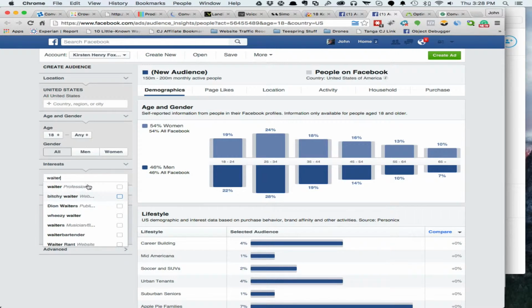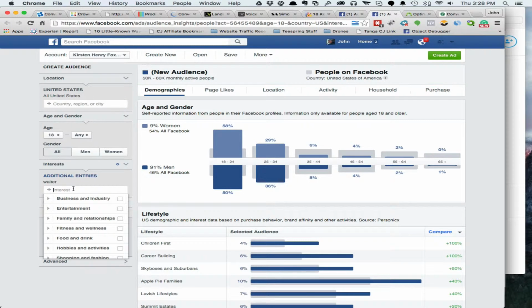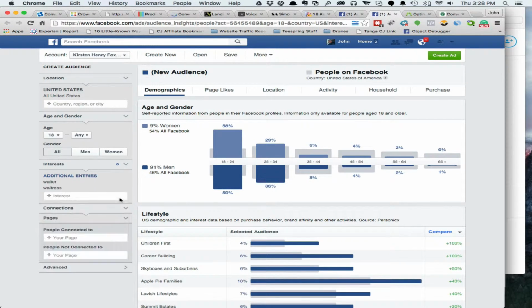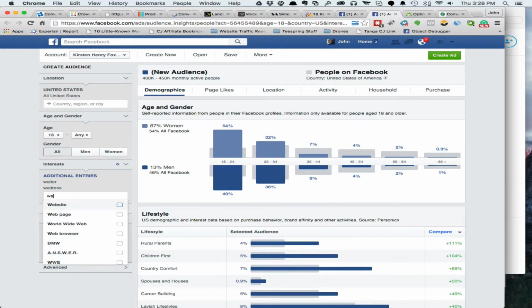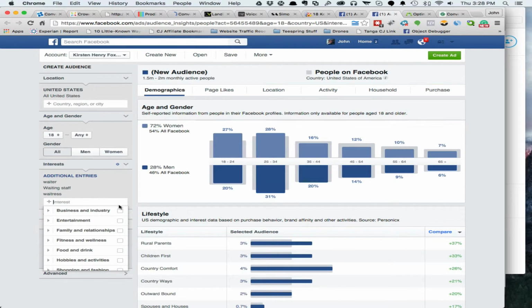So waiter profession. There we go. And let's do waitress profession. Yeah, there's waitress. And I think waiting staff. Yeah, there we go. There's a good one there. You can also add, I mean, there's more specific ones. I know one that's in here that I've seen before is